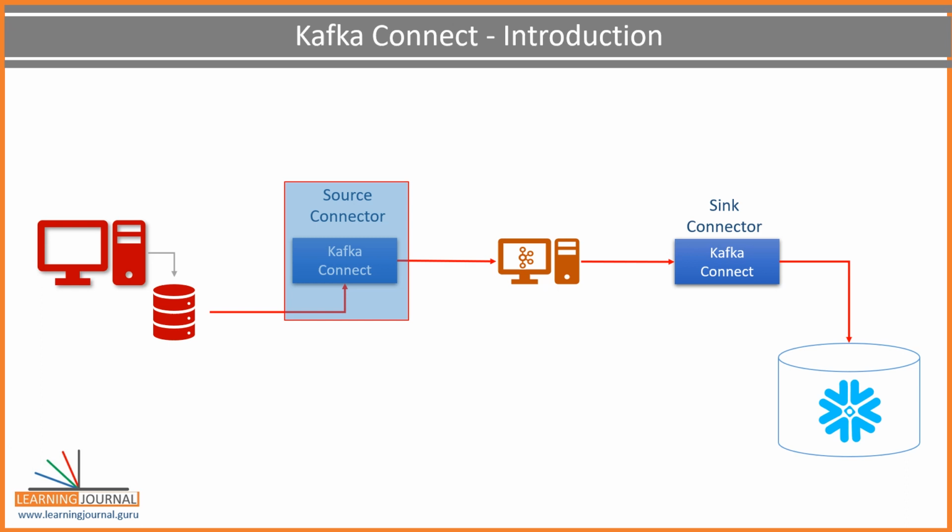We use the source connector to pull data from a source system and send it to the Kafka cluster. And guess what? Source connector will internally use the Kafka Producer API, right? Similarly, we use the sync connector to consume the data from Kafka topic and sync it to an external system. These sync connectors will internally use the Kafka Consumer API, right? That's what the Kafka Connect is. I hope you got your answer.